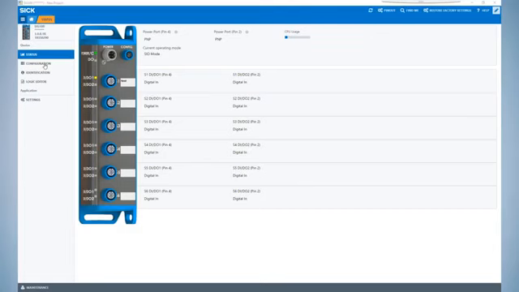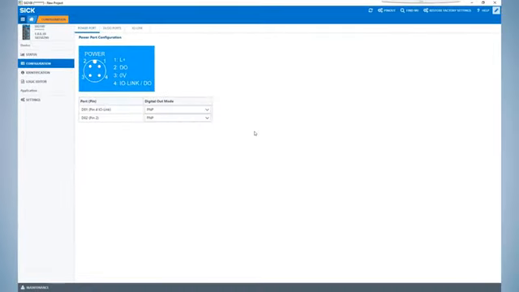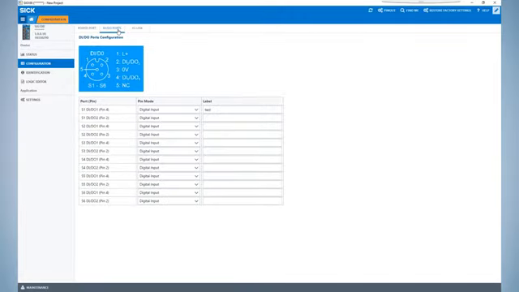The configuration page will start by showing the configuration of the power port. Make sure you are logged in as Maintenance and click the Edit button to change the configuration. Select the drop-down box and choose the desired output setting. It's possible to configure the outputs on pin 2 and pin 4 of the power port as PNP, push-pull, or off. A PNP output will provide the SIG100 supply voltage to the load. The push-pull output will provide either supply voltage or common depending on the load requirements.